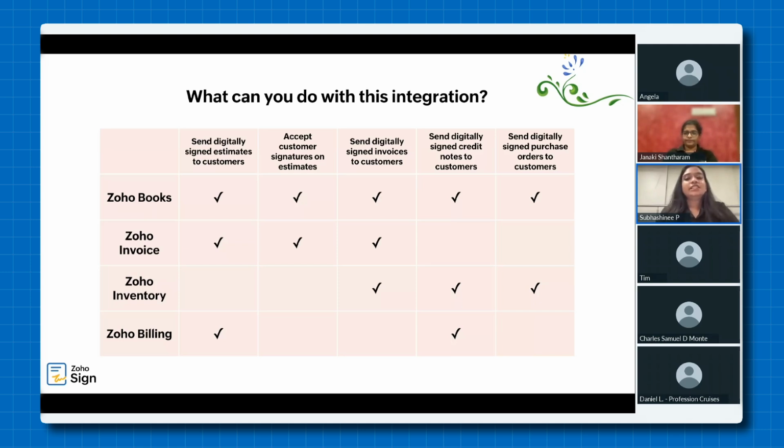Through Zoho Sign's integration with Zoho Books, you can effortlessly sign and send estimates, invoices, credit notes, and purchase orders to customers while also accepting their signatures on estimates. Similarly, using Zoho Sign's integration with Zoho Invoice, you can sign and send estimates and invoices to customers and receive